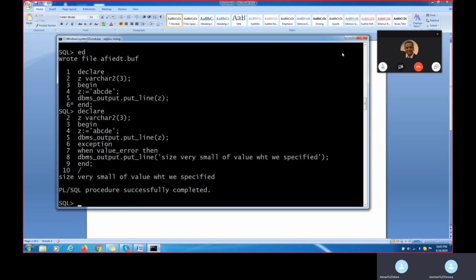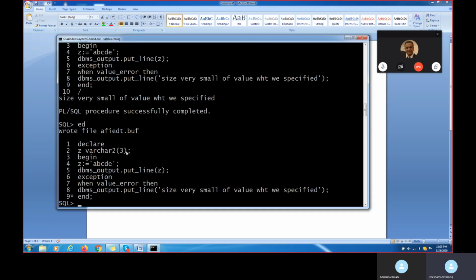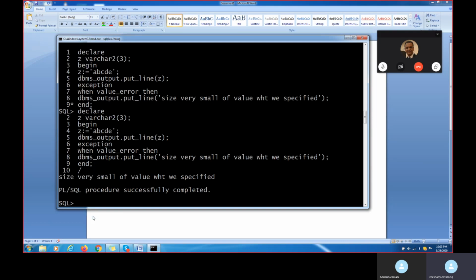Zishan, yes. I have one question. When you put an edit command and then copy the data, how do we get out of the edit command? I'm just typing the ed command. As soon as I type ed and enter, it comes up in a Notepad file. I'm writing, copying, and as soon as I copy, I cut it completely and then simply paste it like this.